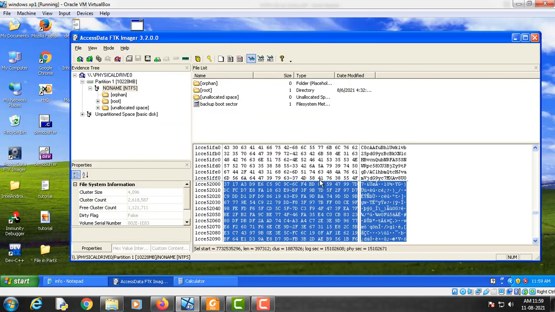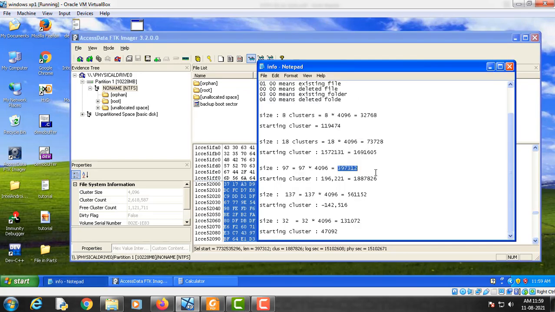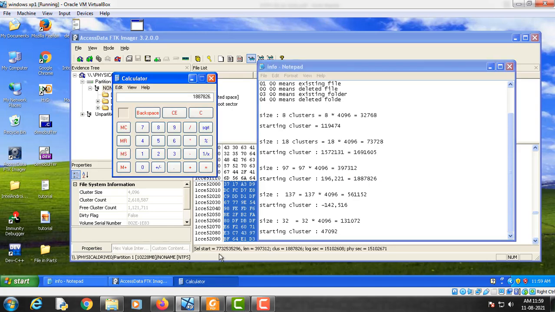So far so good. Now let's find out the fourth static cluster, and for this purpose we will add this value into this value, into this value. So for this purpose, let me again use the calculator. 1887826 plus